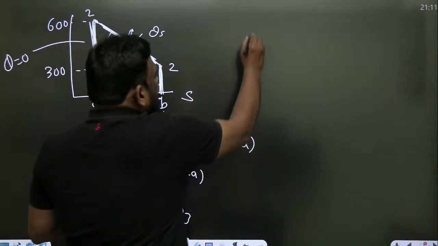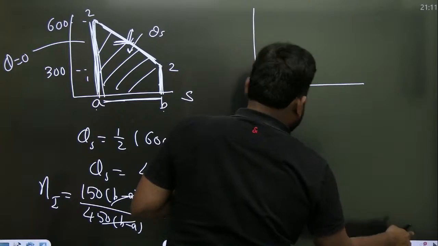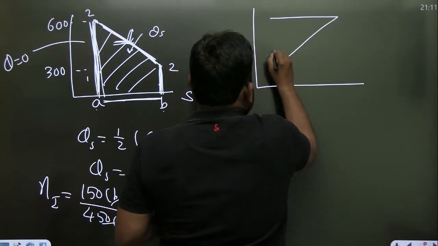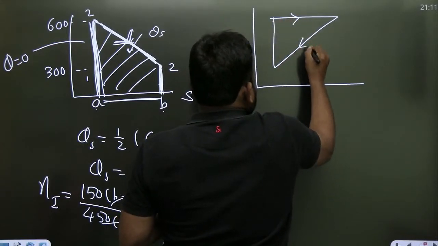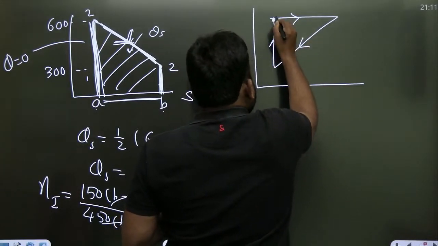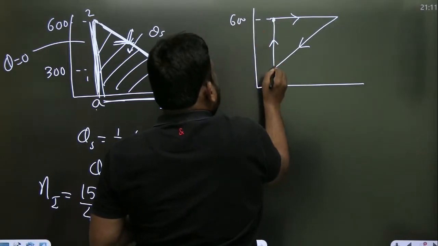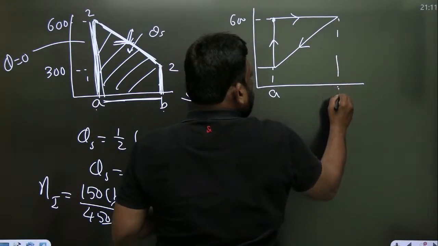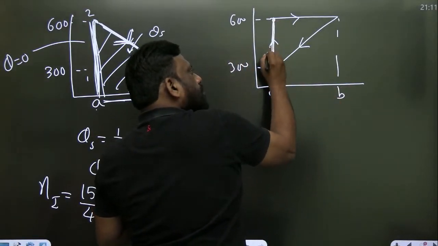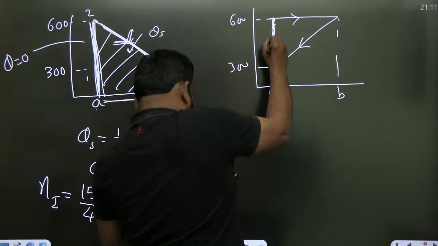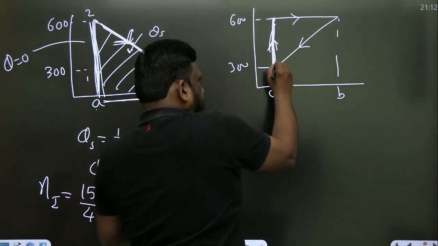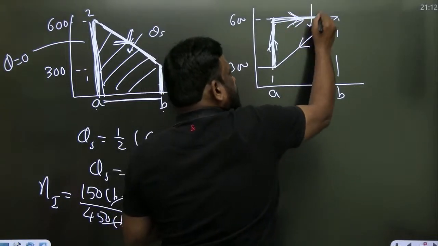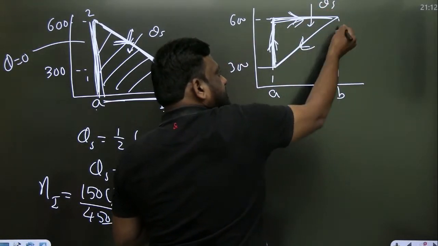Similarly, let us calculate the heat supply in second cycle. What is that second cycle? ये ऐसा आ रहा है सर, इधर देखो. Is it correct? Yes. This is 600 and this is 300. This is A and this is B. देखो, what is this process? Constant entropy, reversible adiabatic, no heat transfer. What is happening here? Entropy is increasing, तो heat supply होगा इसमें. What is happening here? Entropy is decreasing, heat rejection.